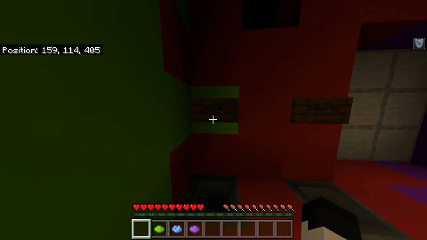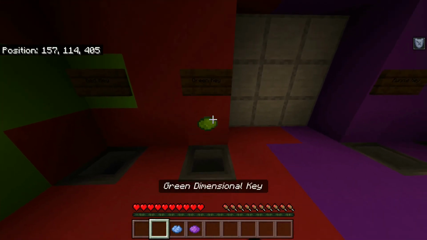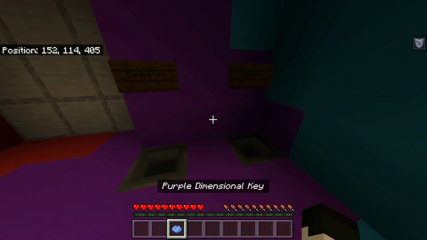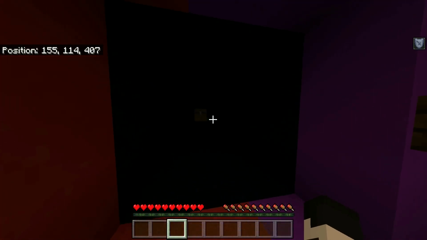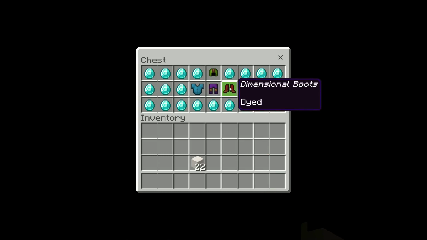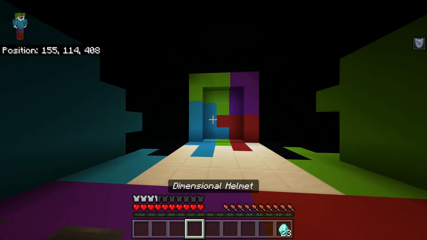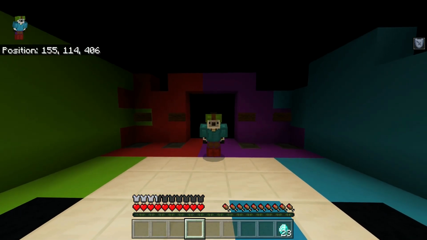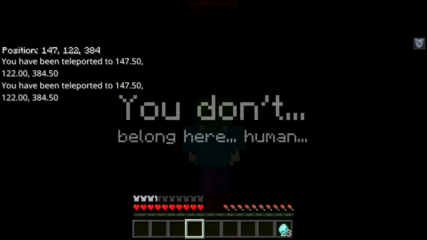And we're just going to throw them into the one that corresponds with the sign. So this is green. Here's purple. And blue. And now the treasure has opened. And we're going to get some cool dimensional armor styled after each dimension we've been in. And that's going to do it for the map. And we're going to escape and...